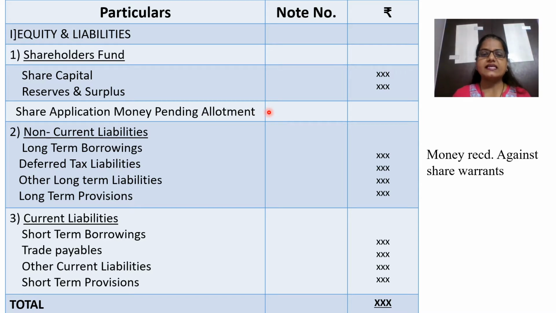But this item, as I said, also never comes in our sums. So ये भी थोड़ा इतना याद नहीं रखा तो भी चलेगा. But even if you want to remember, it is very simple. अगर कोई कंपनी है, उसने कुछ एप्लीकेशन मनी शेयर होल्डर्स से कलेक्ट किया है और उसके बदले में उनको शेयर्स अलॉट करने वाली है, बट वो शेयर्स अलॉटमेंट अभी बाकी है, so that is the responsibility of the company. So that money is nothing but the liability of the company. तो वो किधर आता है, liability side, and where it is to be shown, after this shareholders fund.